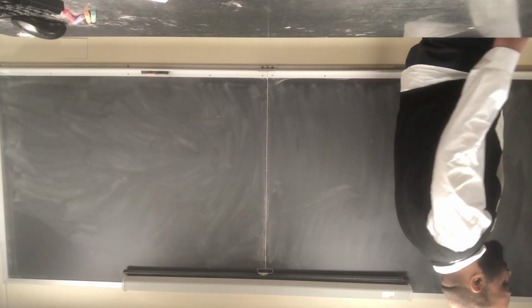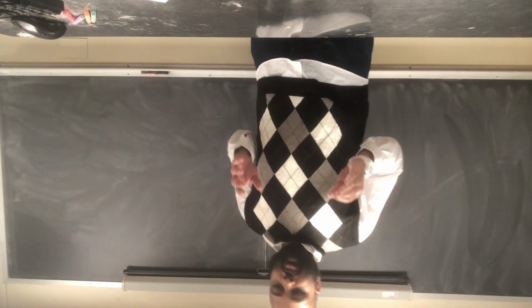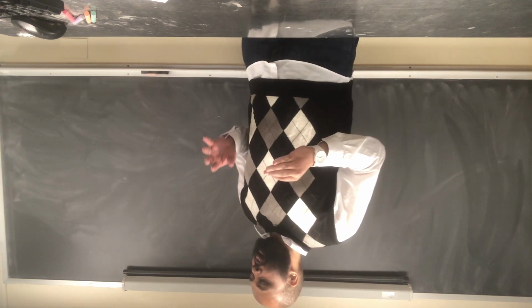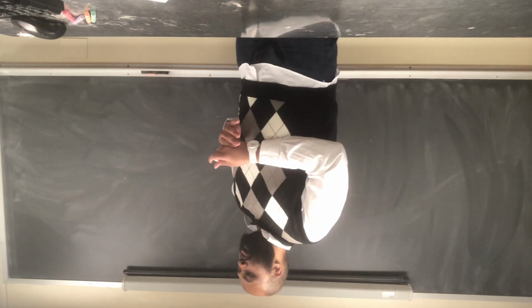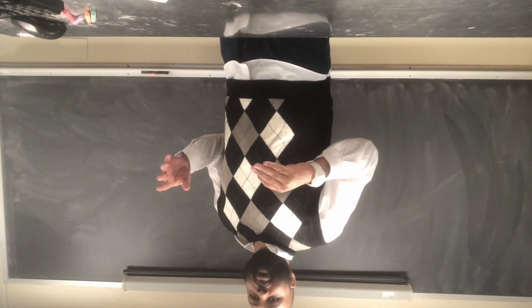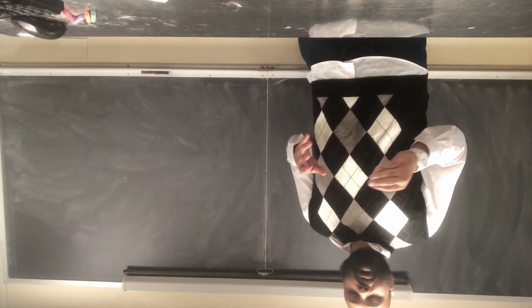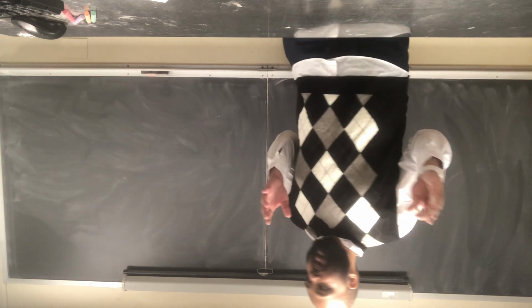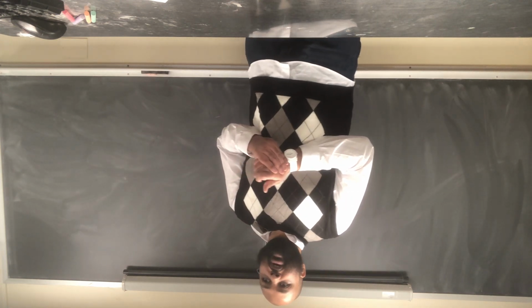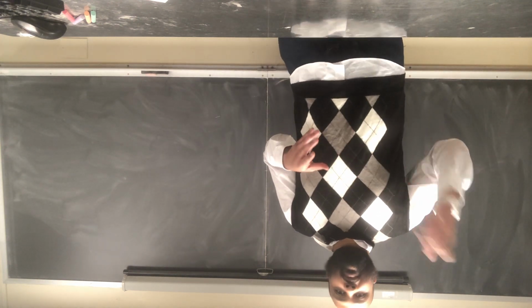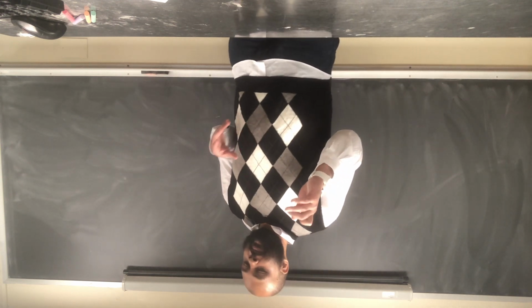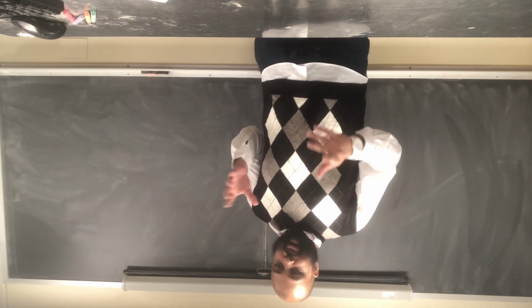So, our weight is a homeostatic variable. We talked about multiple homeostatic variables that must remain within the green range. We talked about the temperature, which has to remain between 37.2 and 37.6 degrees Celsius. Above that is hyperthermia, below that is hypothermia. Also, we talked about the pH, which has to be within the range of 7.35 up to 7.45. Above that is alkalosis, and below that is acidosis.